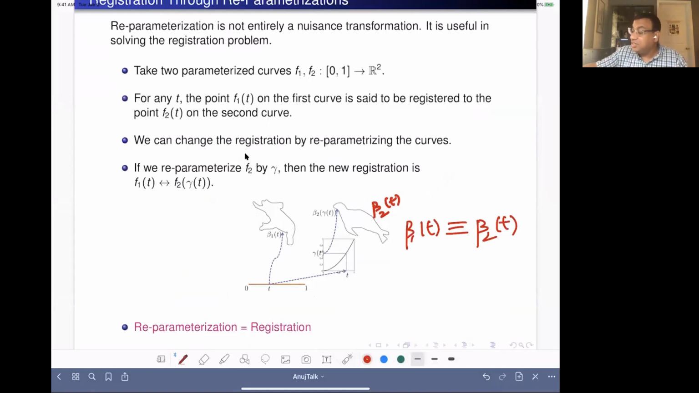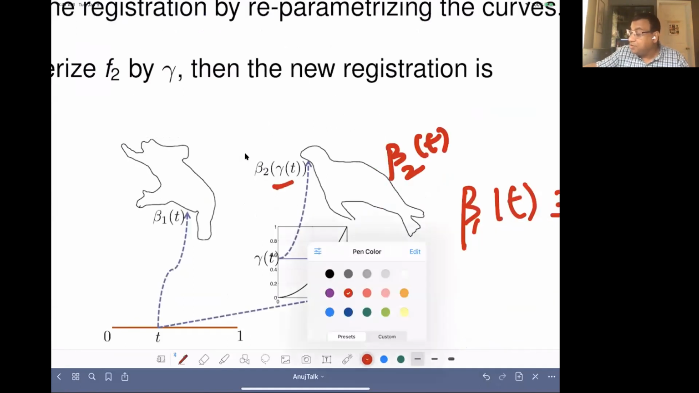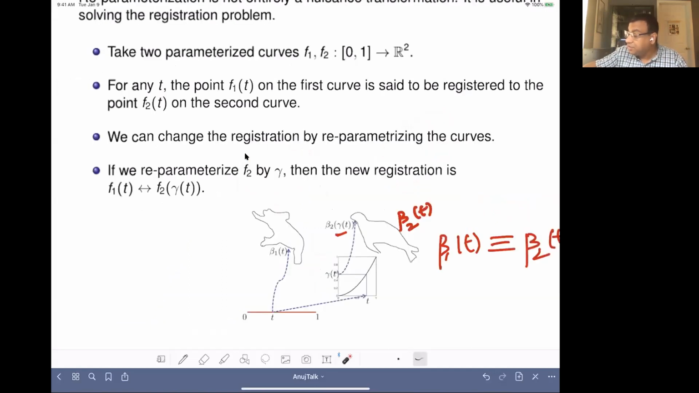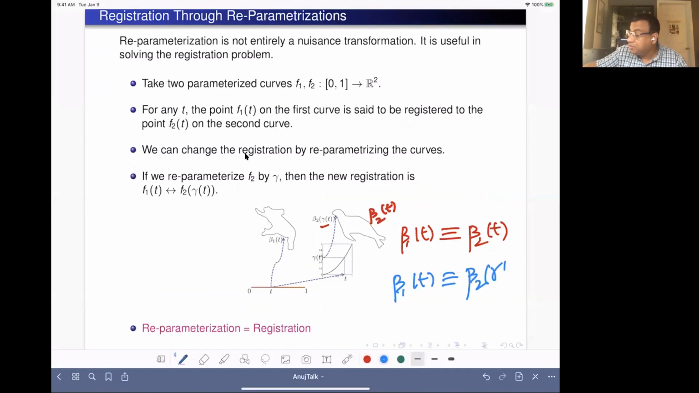So I change the registration by changing the parameterization of the second curve. So I'm going to reparameterize the second curve. Instead of working with beta 2 of t, I'm going to work with beta 2 of gamma of t. So now, after the reparameterization, beta 1 of t is now registered to beta 2 of gamma of t. So gamma controls the registration. So if I want to find the best registration, I can search over all possible gammas, and gamma, this reparameterization,